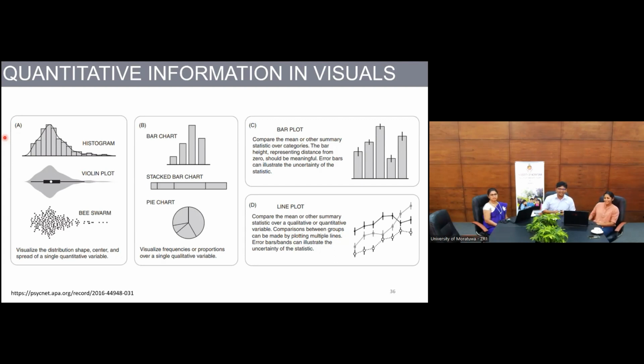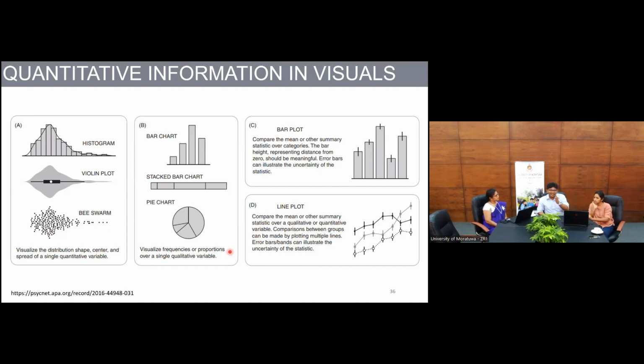I hope I'm audible. So yeah, based on the variability of these things, you can see A is univariate, or just a single variable, and B gives you an idea about two types of things: one is a class, the classification, and the other is the size. The easiest thing to look at is if you can include colors to indicate different classes, gender, or whatever you want to show as a class value, a categorical variable, and then you can use the size as an indicator of your numerical value. So that's the next level of visualization.